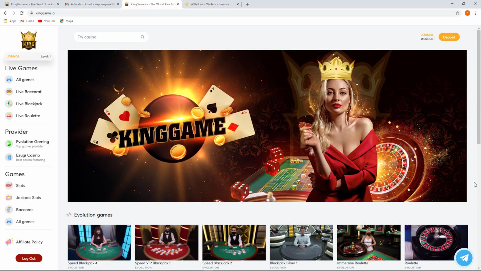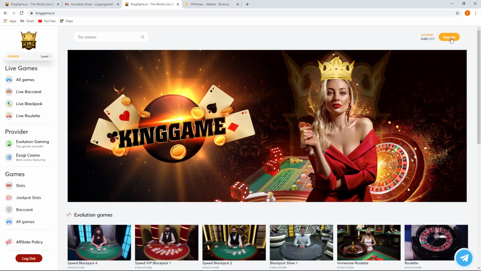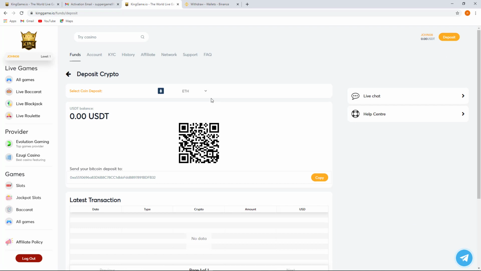To play games, you need to deposit money to your account. To do that, click Deposit. Here, you can choose Ethereum, ERC20-USDT, or TRC20-USDT to deposit. Now I will show you how to deposit